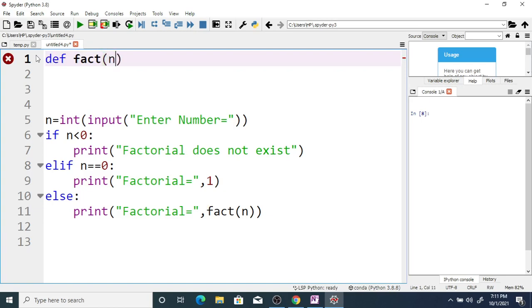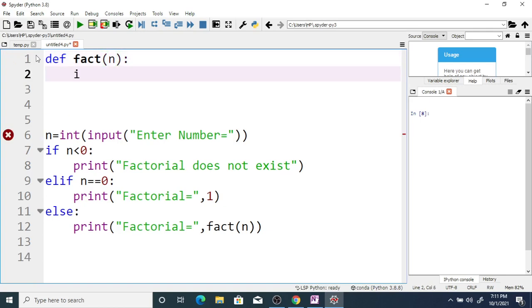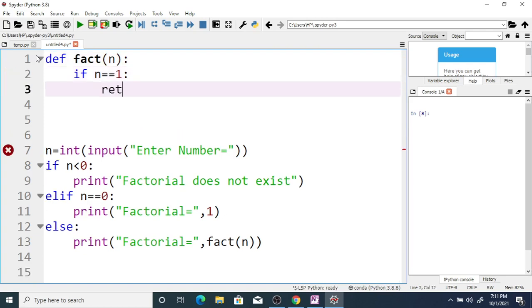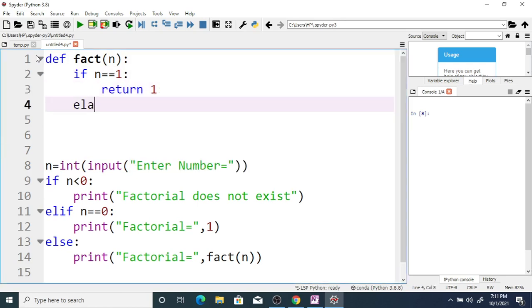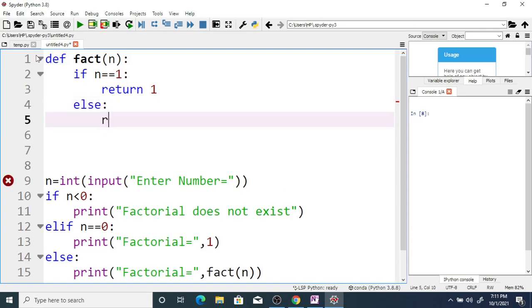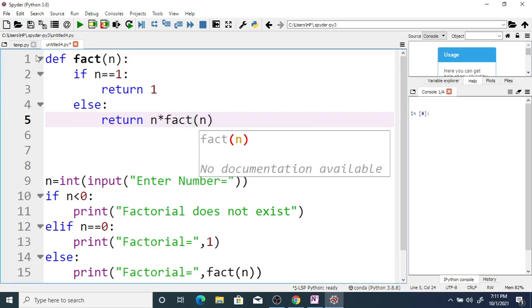Now if n is equal to 1, then return 1, else return n star, since we are calling the function again, factorial n minus 1.